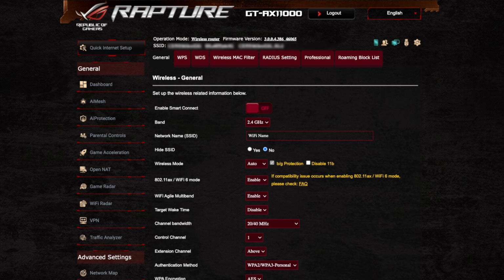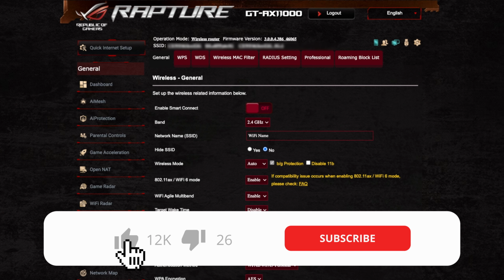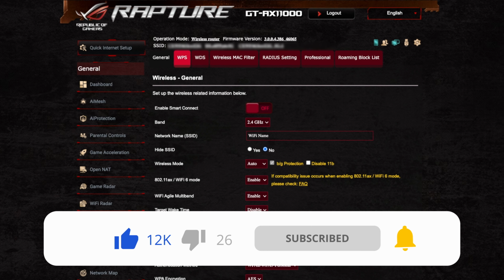So how you access this is you can go through the app, or the preferred way that I prefer is to go by your browser, so using Safari, Chrome or Edge or Internet Explorer if you're still using that. So basically using the browser so you can access all of your router's features, and then going to advanced settings, and then underneath that going to wireless, and then you'll see the numerous tabs that are displayed at the top here. So I just wanted to quickly go through them because there've been some updates since my last video,